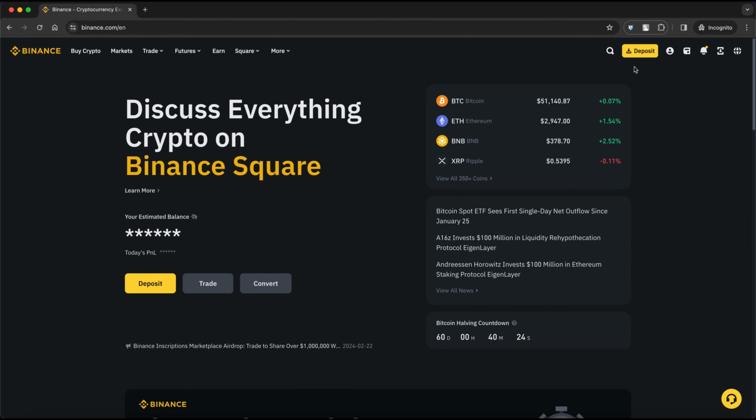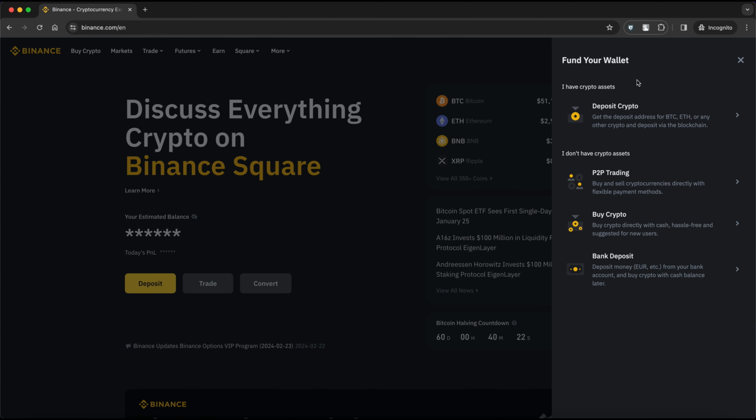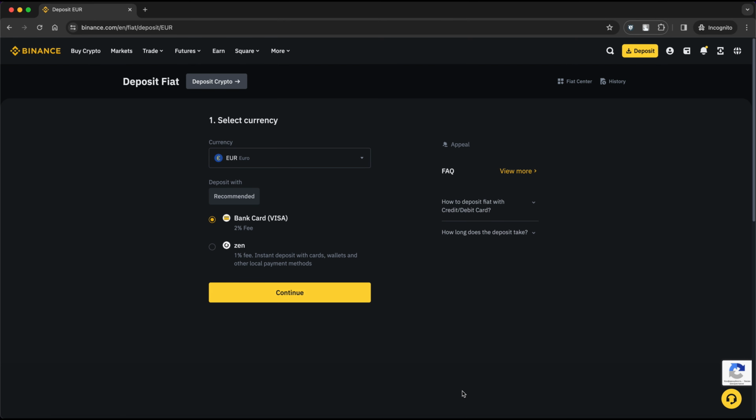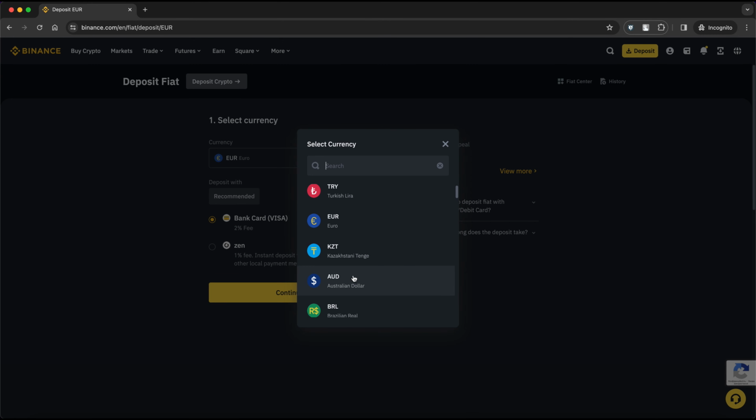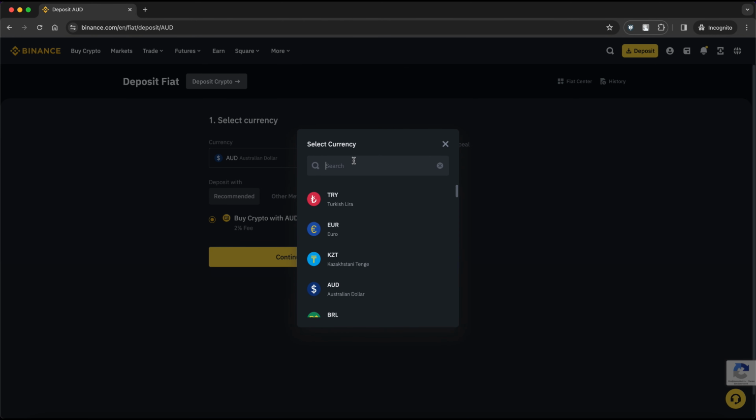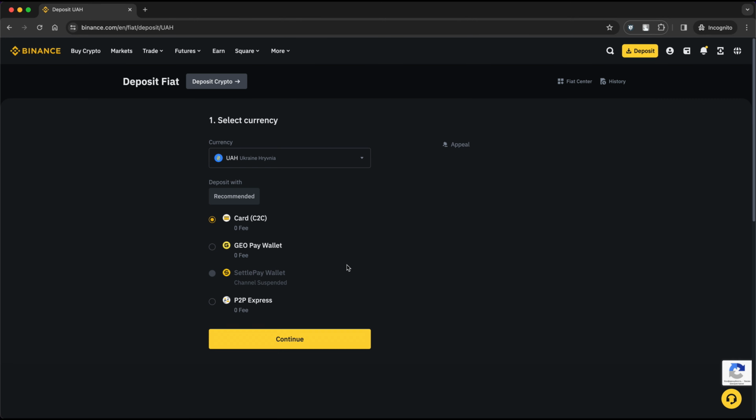verification process. To deposit money, simply click on the deposit button and then select bank deposit. It will take you to this window where you can select your currency and payment method. You can also change currency to, for example, Australian dollar or Ukraine hryvnia, and then the available payment method will